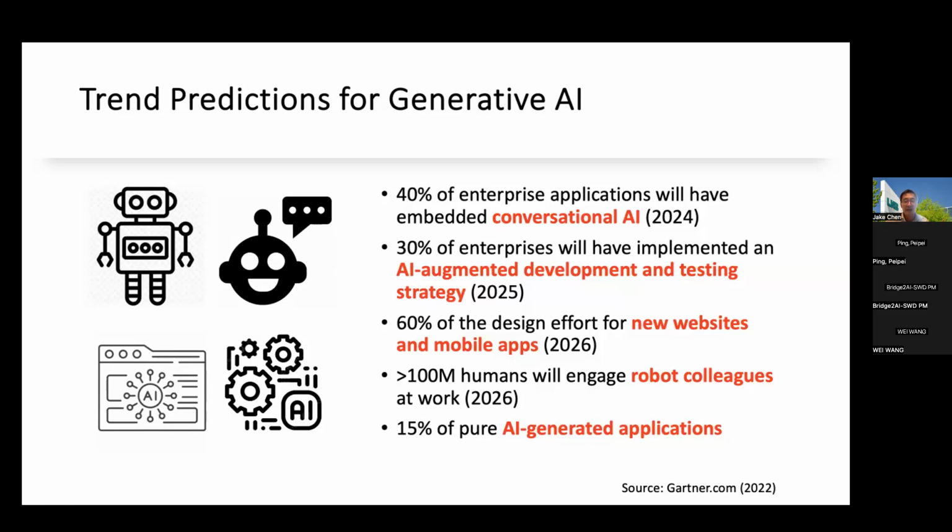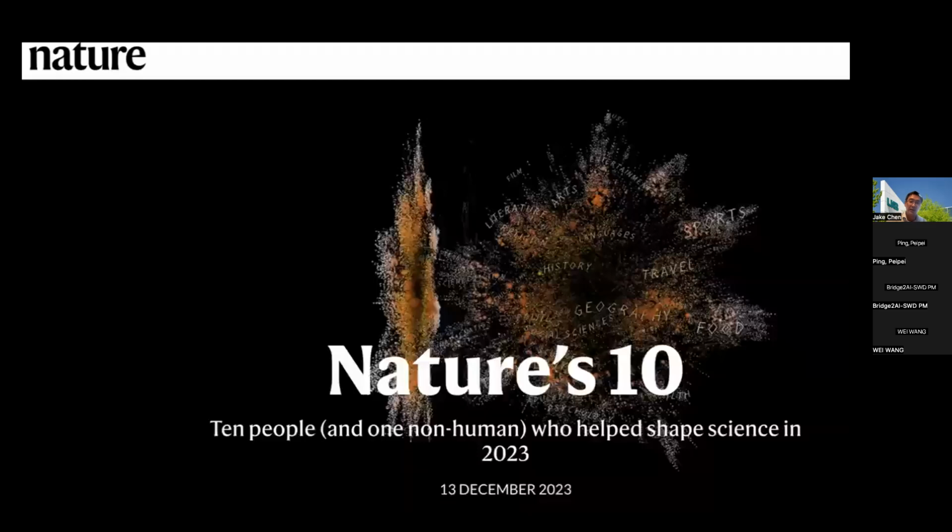And so many of us will have to engage with robot colleagues because of the generative AI advancement. And then even 15% of the pure AI generated applications will be just completely free of human. So the world is changing very rapidly. So that's what we're dealing with, to the point that Nature, just a few days ago, actually yesterday, just